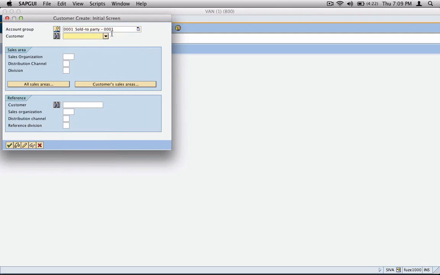All right, we are trying to create a customer 56789, right? And then make sure you enter this sales org, this distribution channel, this division. Now, what is all this junk? Sales org, distribution channel, division. These are called enterprise structure elements. Okay, now it will take a full-fledged understanding